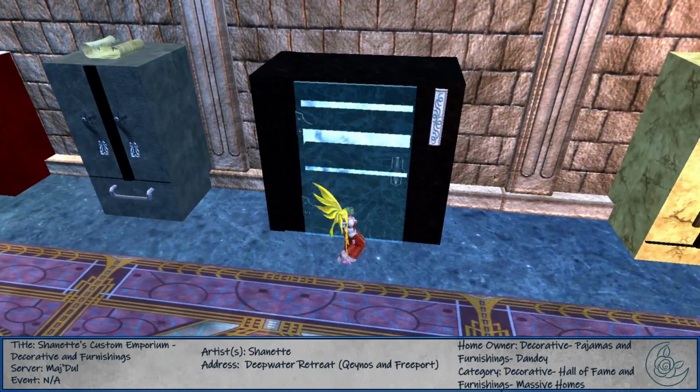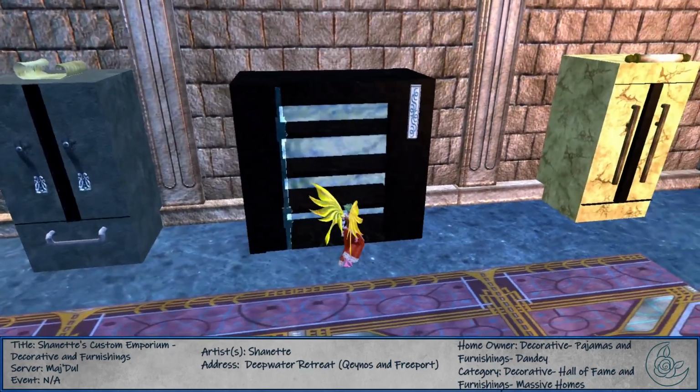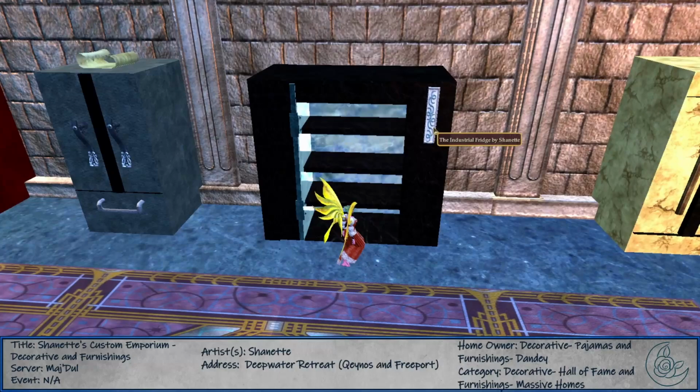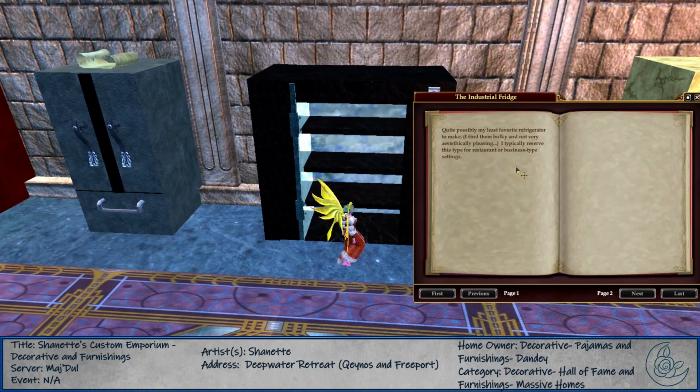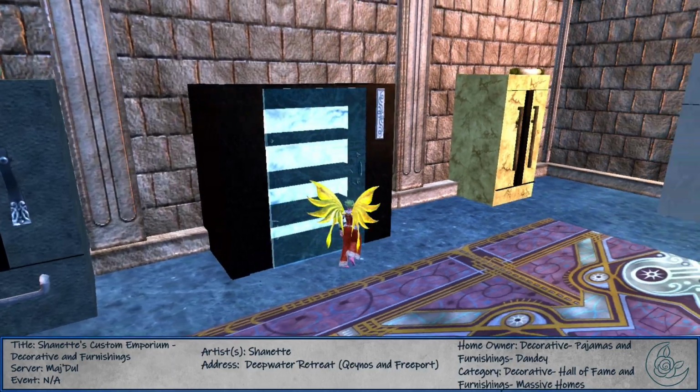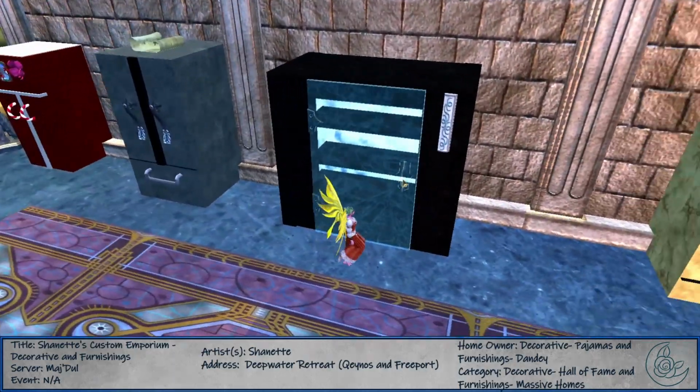The industrial fridge. So this would be, oh, and you can open it. Ooh, custom. I love it. And look, it's got like icy fridge inside. So the industrial fridge, quite possibly my least favorite refrigerator to make. I find them bulky and not very aesthetically pleasing. I typically reserve this type for restaurant or business type settings. Yep, that makes sense. That is a very industrial